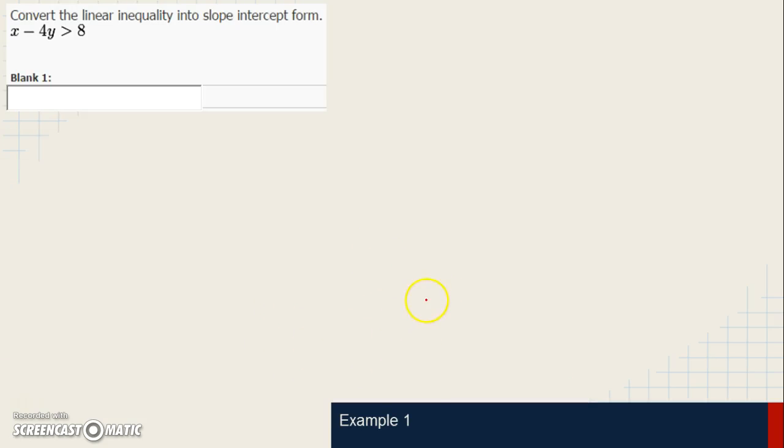So here we have example number 1. And the first thing I'm going to do is just overview the problem by reading it and trying to figure out what it's asking me to do. Convert the linear inequality into slope-intercept form. Then it gives us this linear inequality. Fairly straightforward here. It's asking us to convert this inequality right here